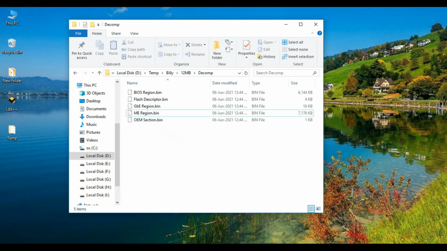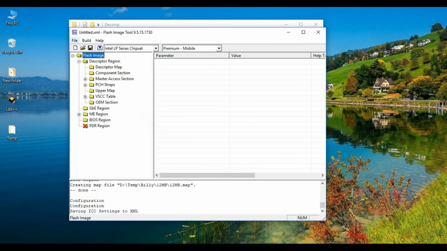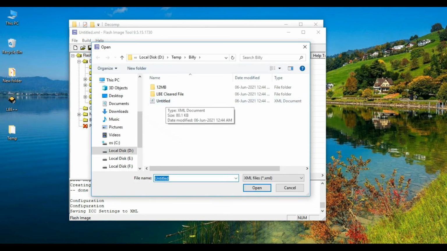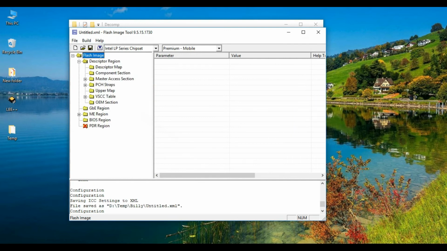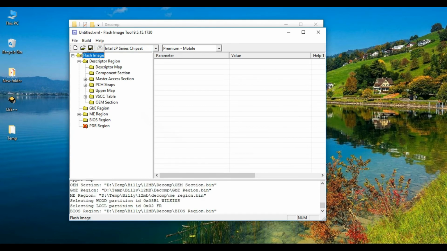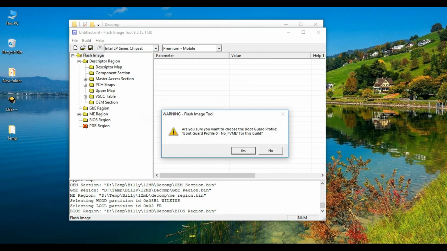Okay, now open the FITC tool and file, open, select this untitled. Now click build and build image. Here it asks for build, yes or no. Click yes.